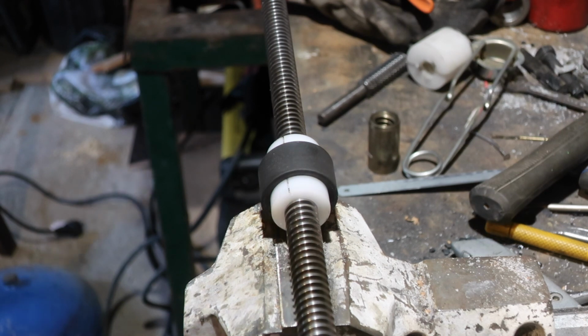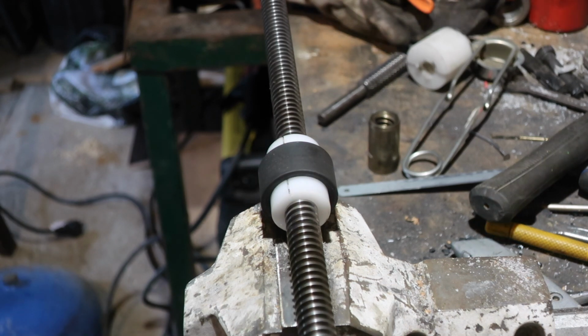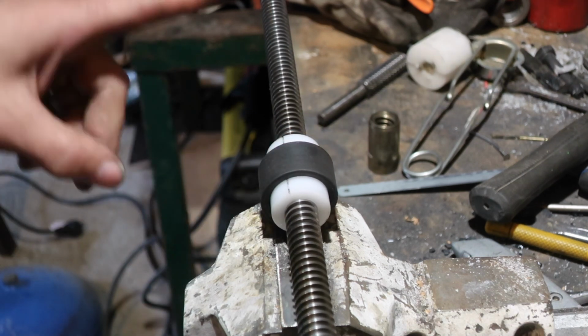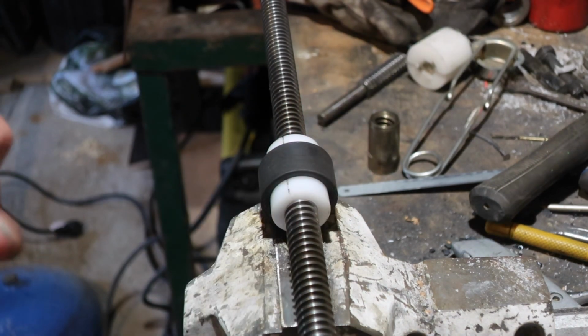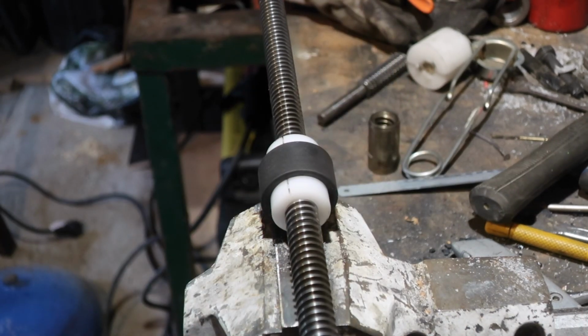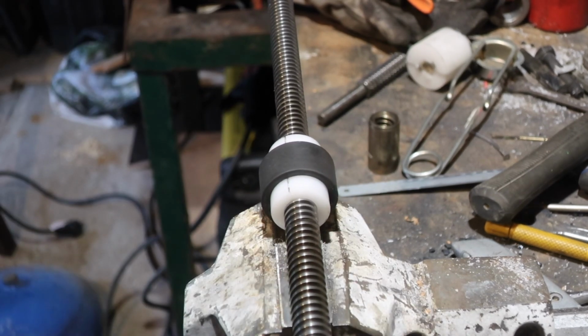Right, okay, so it's machined down. We now need to get it off of this bar. Ow, that's hot. So what we've done, I've got it gripped in a piece of old serpentine belt, and I've reheated the bar. The problem is that as it cools down, it shrinks, and the whole thing grips itself solid, and you can't turn it. So what we're going to do, we get Mr. Makita on the end of the now hot piece of rod and